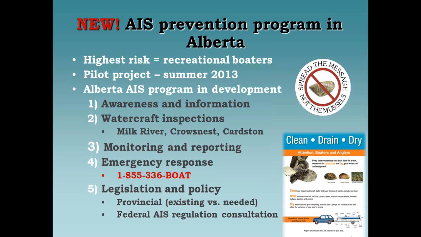In terms of legislation and policy, we have existing provincial, so in the Provincial Fisheries Act, we do have zebra mussels listed as prohibited, so that's good. And then I'll talk about what we've been able to do over the summer to try to strengthen that up a bit. And then federally, they're also working on adding quagga and zebra mussels and Asian carp to the list of species that cannot be imported into Canada. So that could really help us on the, boats have to stop at the border when they come through. They can't come when it's closed.